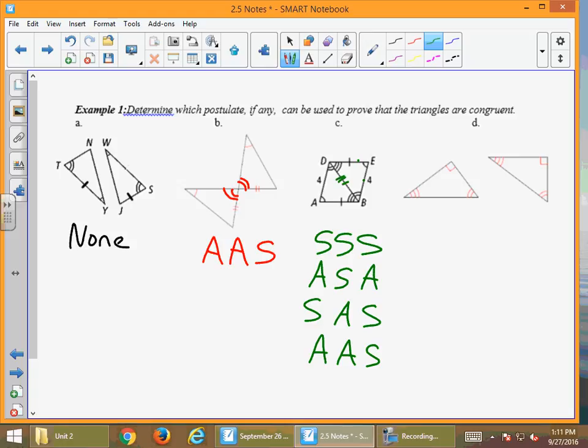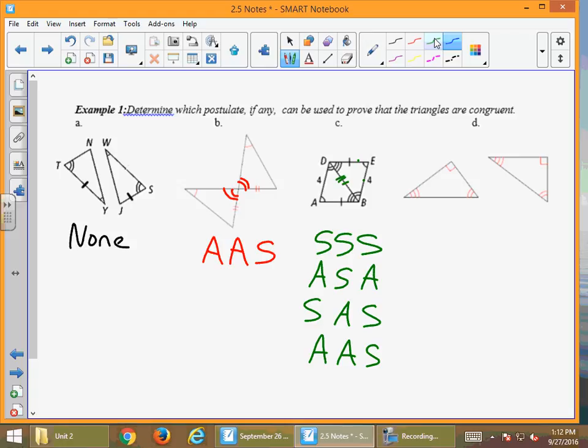All right. D. What about D? Who's got D? Anyone? No one? What do you say? None? What do you mean? I got 3 things marked. I have 1, 2, 3 things marked, right? I don't have any sides. You can't call AAA. It's very, very tempting because you have 1, 2, 3 pieces, but they're not the 3